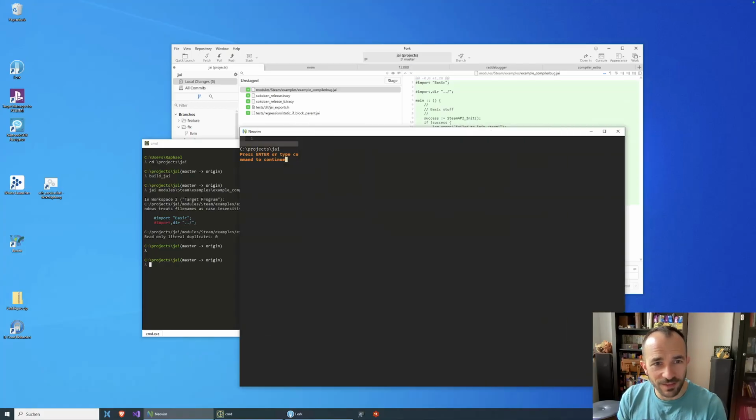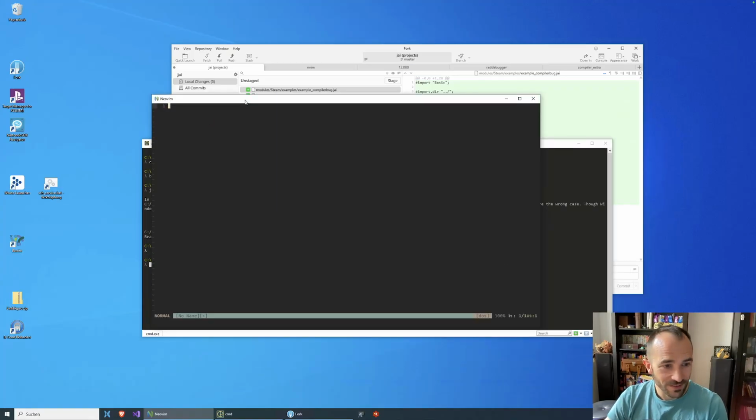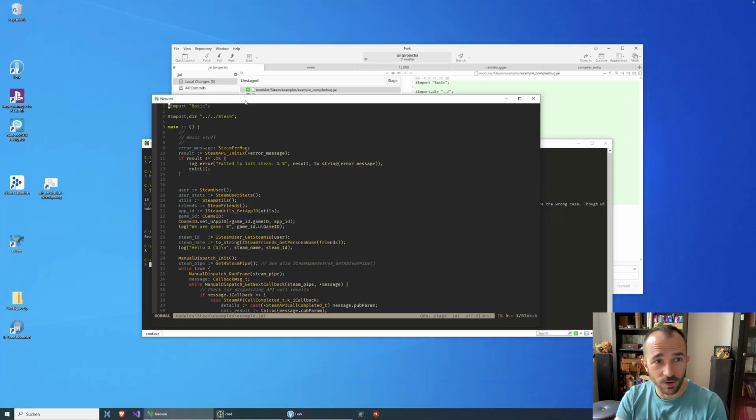I wanted to make this program like this for a minute, but it seems like I can't even. What does it say? Nothing. Why did it say something before? Okay. Steam examples. So this is what it looks like now to work around the compiler bug.